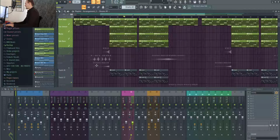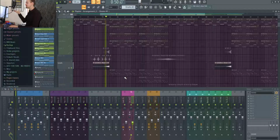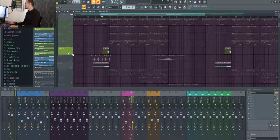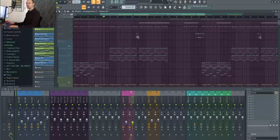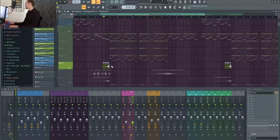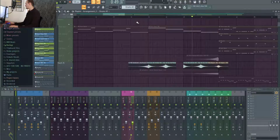All right, let's get to some of the fun stuff here. So we have just some effects. This. Just a little riser, white noise. This, I believe, is just a cymbal. Might actually be the same cymbal as this one, just different effects. And then in here we have a whole bunch of stuff. So we have this first one,